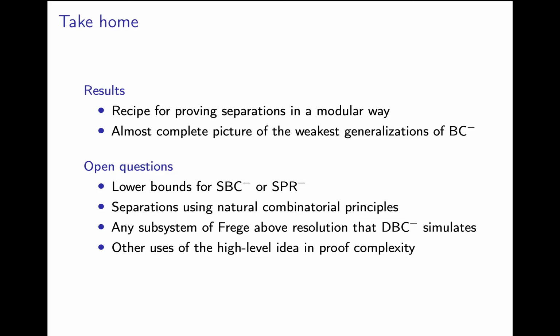Also, as you might have already inferred, the study of those proof systems kind of lives on its own island right now, disconnected from the rest of proof complexity. Some things are known. For instance, we know that bounded depth Frege does not simulate BC minus due to an existing lower bound. But I think the converse direction is more interesting. For instance, is there any subsystem of Frege strictly above resolution that even a very strong variant of BC minus